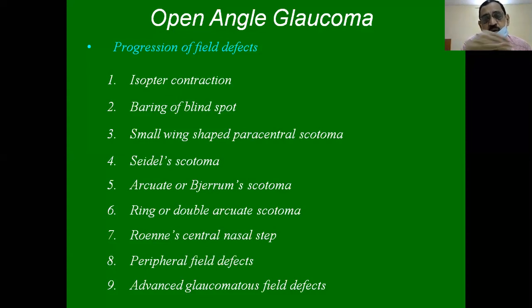So after all these changes, the papillomacular bundle may also get affected, and the central vision may also be lost. The patient who was seeing a tubular vision, that may also get extinguished, and the temporal island of vision will be there, and that also will be lost, and then the extinction of the perception of light and projection of rays in these individuals.